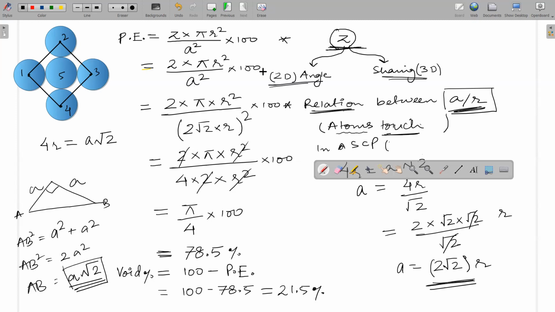Is Abir here? Abir, is that your name? Okay, fine. There was one more Abir who was trying to connect. So you can take anyone. These three atoms are touching. You can either take this or you can take this. All the three atoms that are touching, you have to take. If you take 1 and 5, then you have to see that 5 is touching 3 in the same direction. Then take that 5 and 3. 1, 5, 3. Got it?